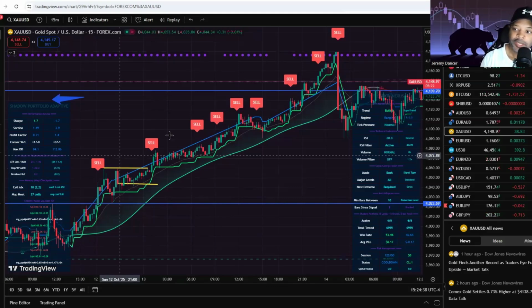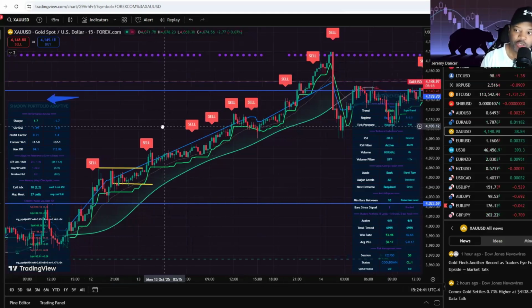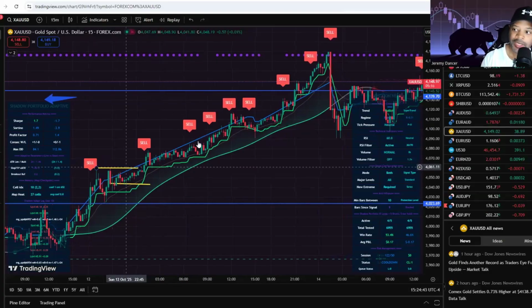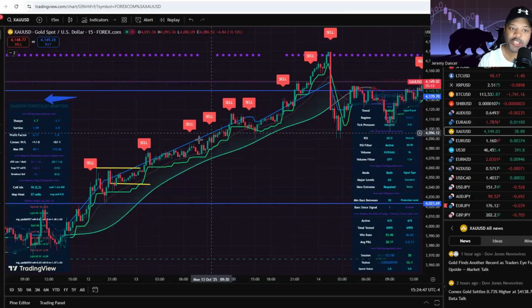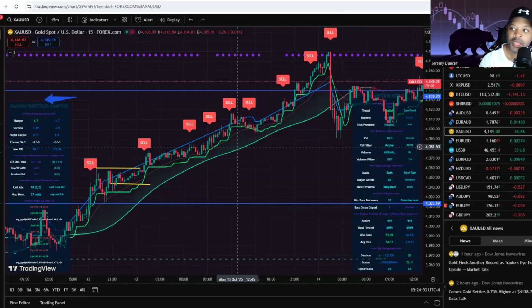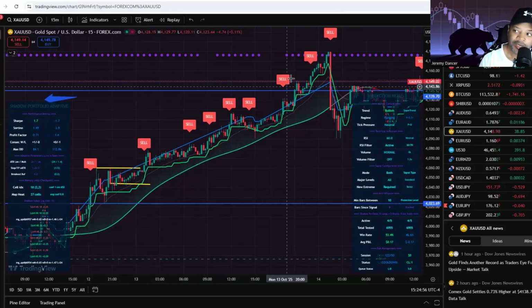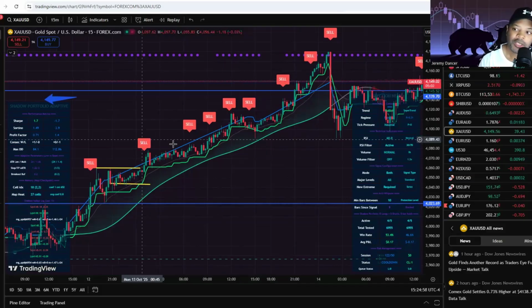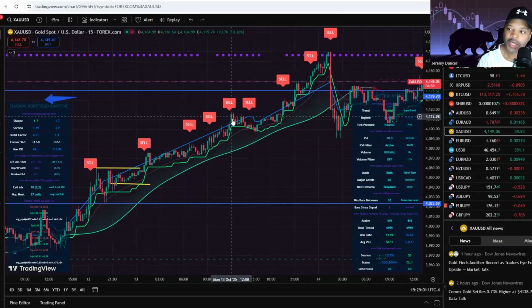Because see, there's a lot of traders right now that are trading gold and they see this uptrend and they think, okay, you know what? I'm actually trading with the trend. You know, I'm holding on to my longs and I'm doing what I'm supposed to do. But if you had Inflection Nexus, you'd be like, wait a minute, there's no way all these sell signals